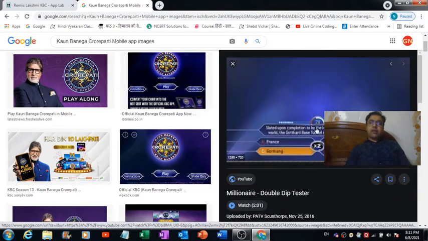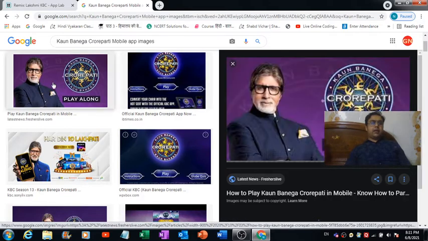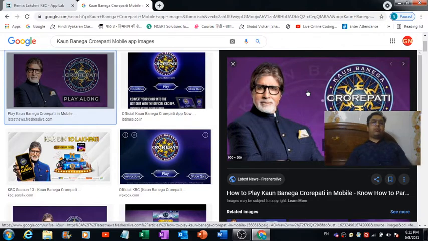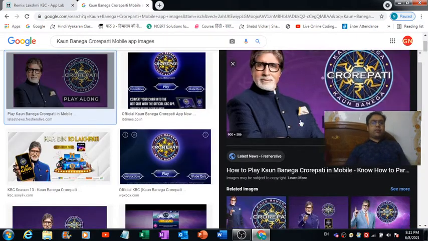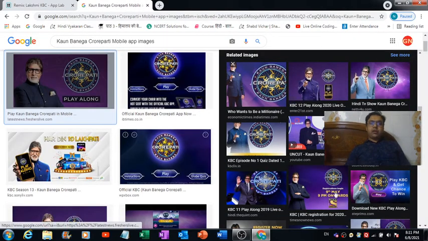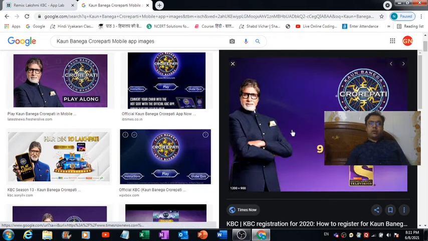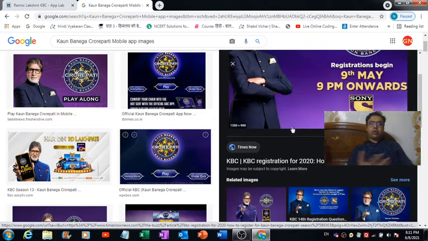And then we have this beautiful image which you can make use of for putting the questions, and here you can put the options, and right on the top, you can put the images of the lifelines. And you can use this image as the home page image. It's a very beautiful image. This is also one of the beautiful images you can make use of.